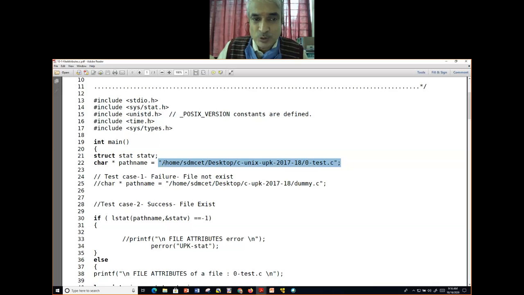It's the path, hard coded here, right? Get it from the command line argument, the name of the file along with the path, and then for that you get the attributes of the file. Change that one. Mandatorily, everyone must go through this program by passing a command line argument rather than whatever I'm writing here.